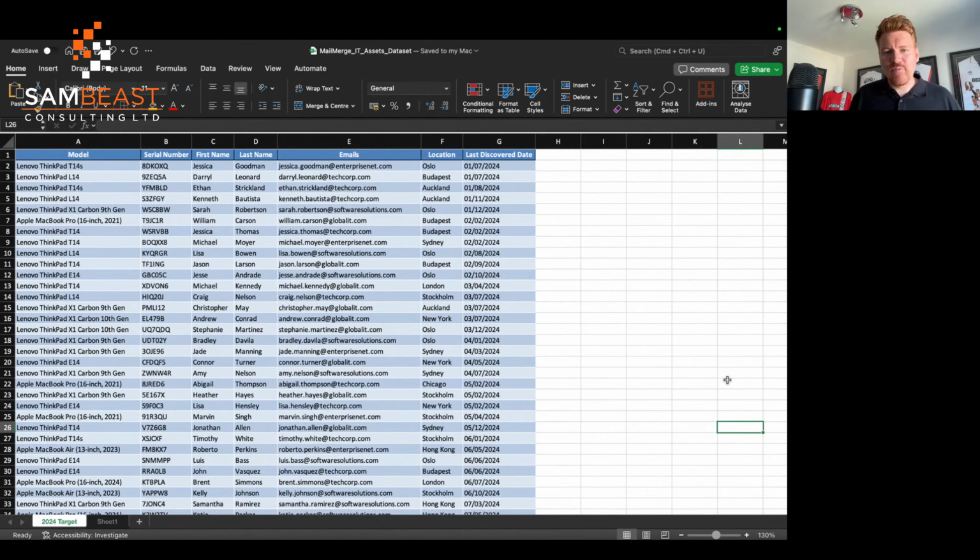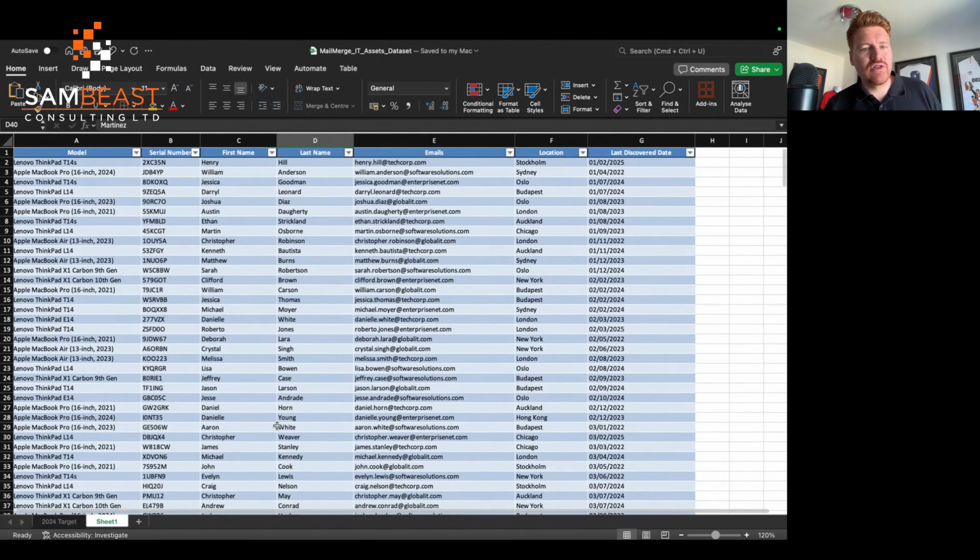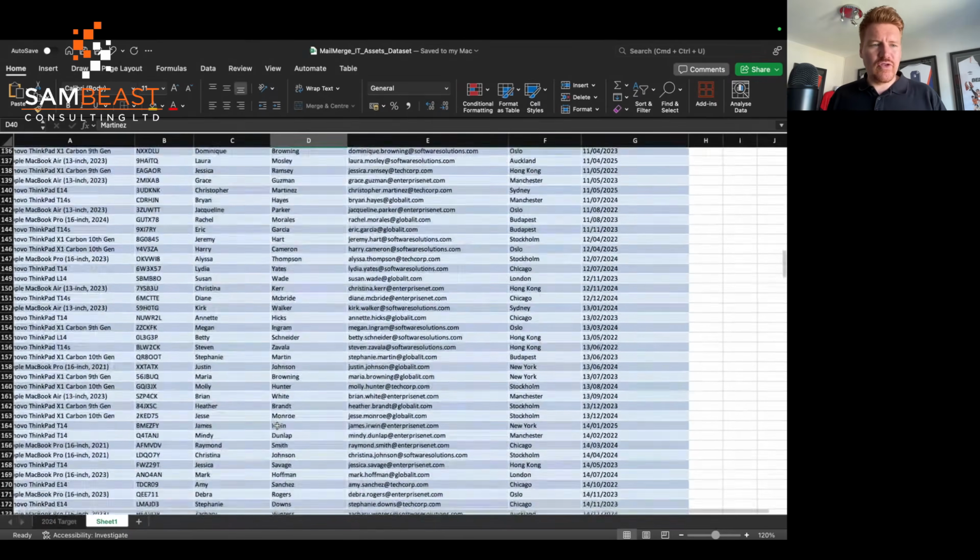Okay, so I have my data set. I've done a bit of homework before this already, simply because I didn't think it'd be worth showing you doing all the spreadsheet work. But honestly, this took me no time at all, and I got this random data set from ChatGPT, believe it or not. I gave it some parameters on the models, the serial number, X amount of digits, first name, last name, random email address, random location, and a last discovered date that's randomized between a certain period. Now, if I go into the main export that we got, I think we got over 300 rows,